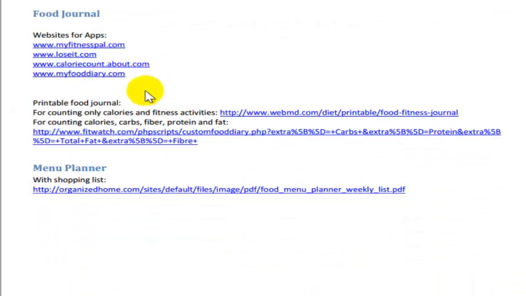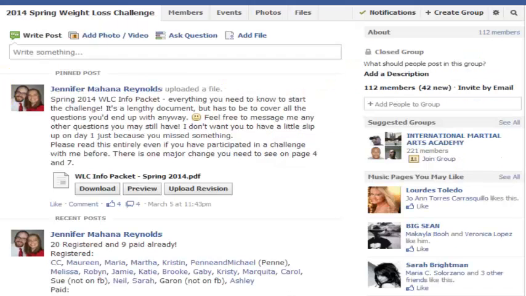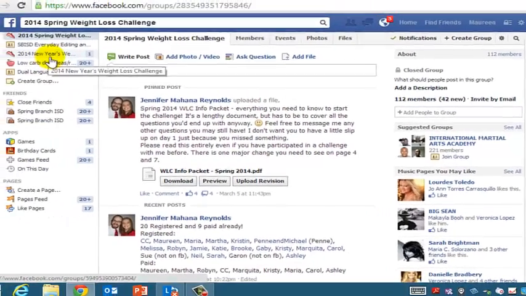And here's an example. My Fitness Pal, Lose It. I use this one. I've never tried the other ones, but I might look at trying them out on this challenge. So anyways, this page is very important. So I'm going to click back and I'm going to go to where I was before. And we are at the